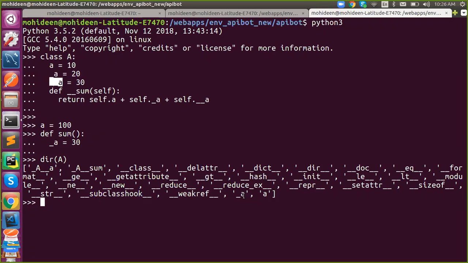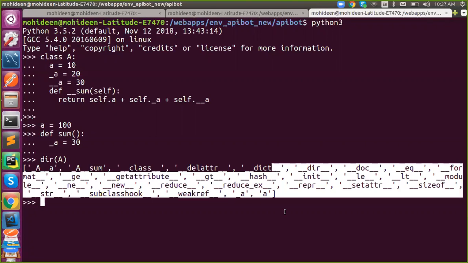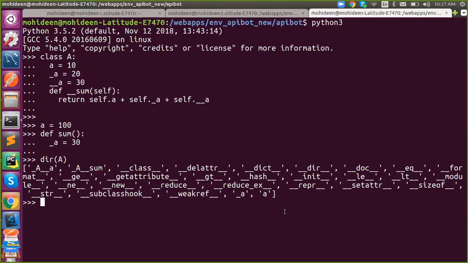How? Have you noticed that double underscore a anywhere? I said there is no direct access, but indirect access is there.